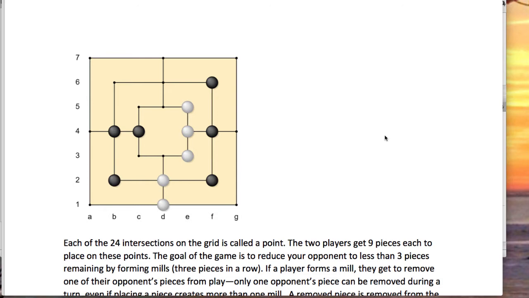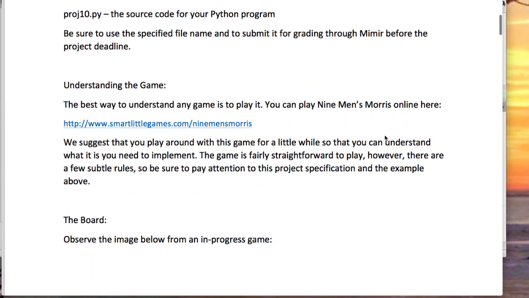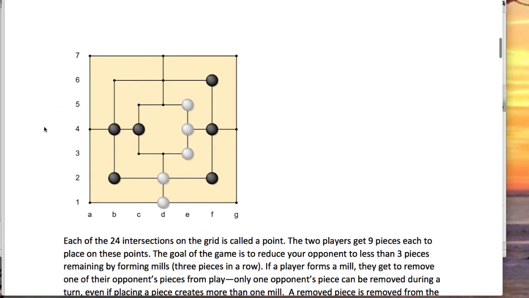It will make sure that you can only do the things that are allowed there, and what you really want to do, like with any game, is play it. So we give you a site, go play it, get a little bit of a sense of how it plays,